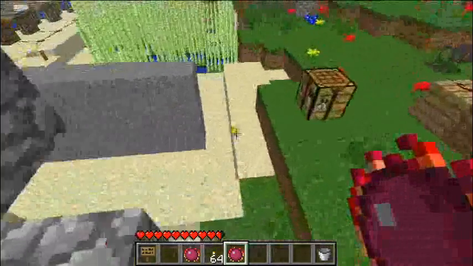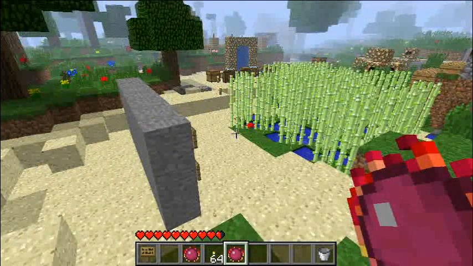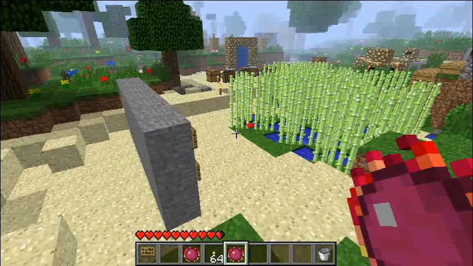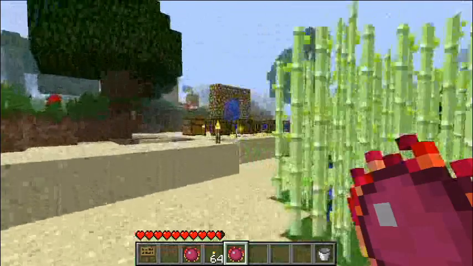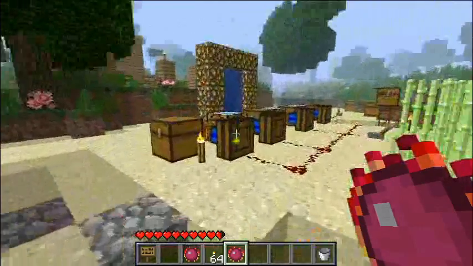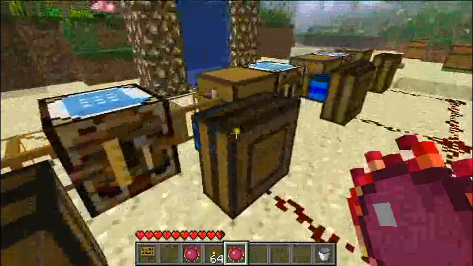Alright. The second question is, is this mod compatible with X? The answer is probably. As you can see, I've got an Aether portal here, along with some Buildcraft materials,